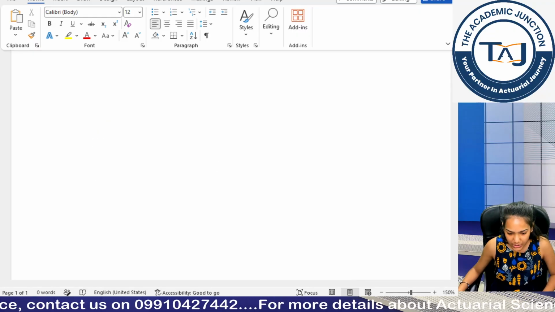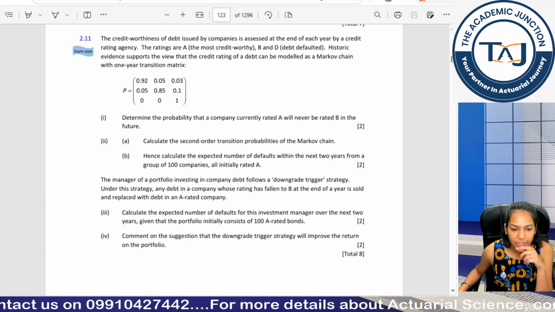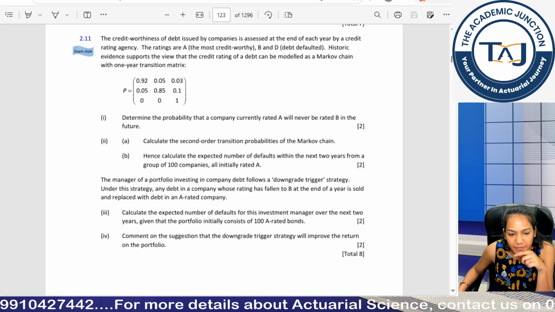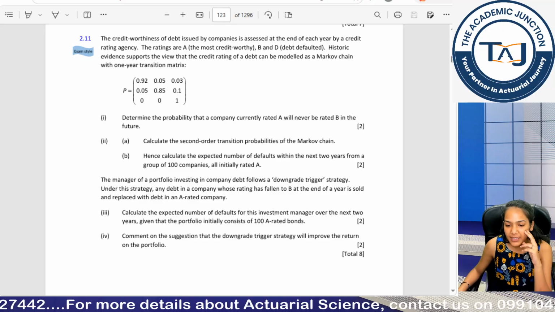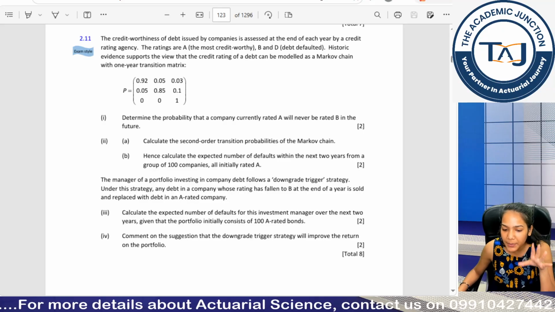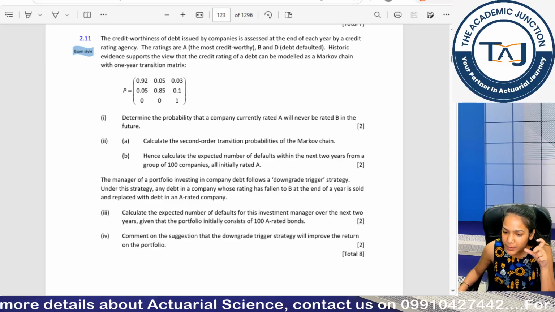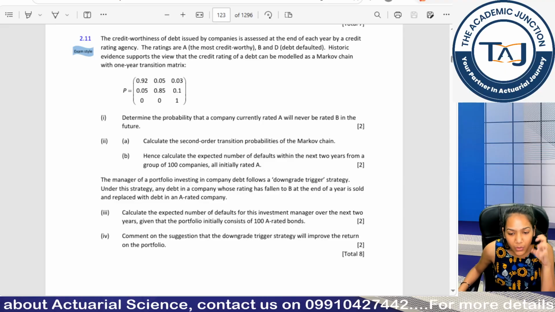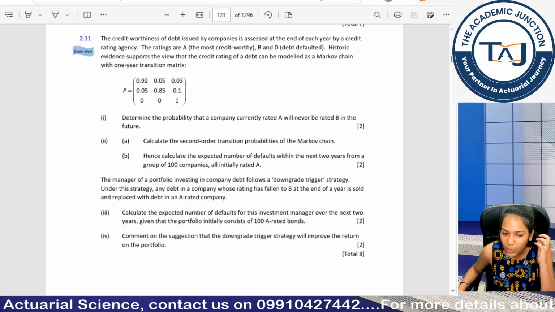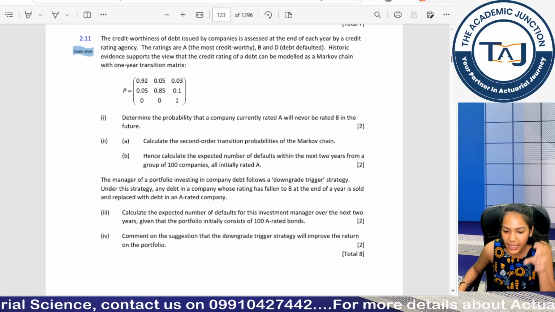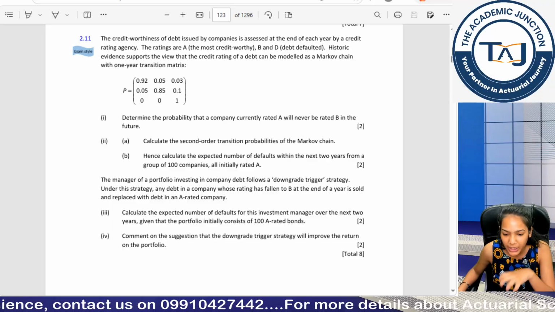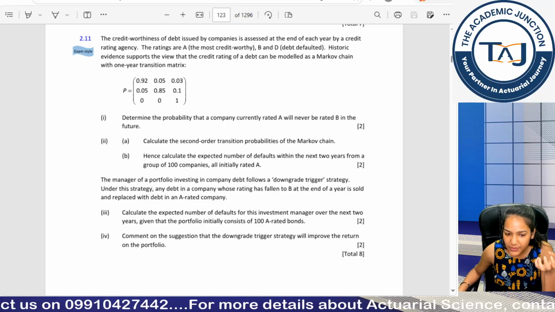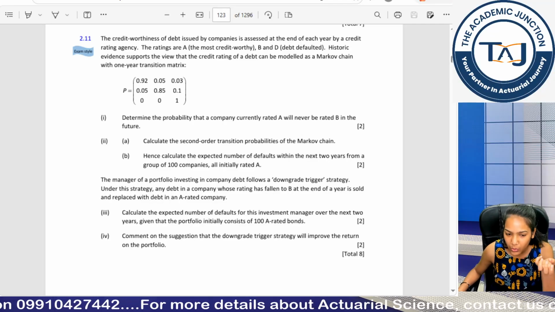Let's read the question. We have been given a single step transition matrix, and in the first part we have to calculate the probability. The first part we have already done in our previous classes, which can facilitate the typing of the first answer. So I will not go into the technicalities of this first part, because my motto through these classes is not to teach you doing questions. It's to teach you different types of notations, different types of complex equations that you may struggle in. Okay. So please refer to my previous videos and try typing this first part on your own.